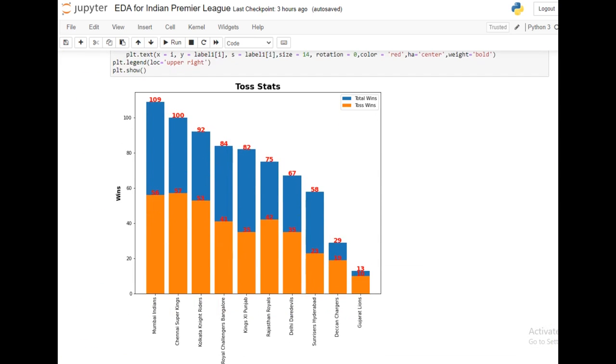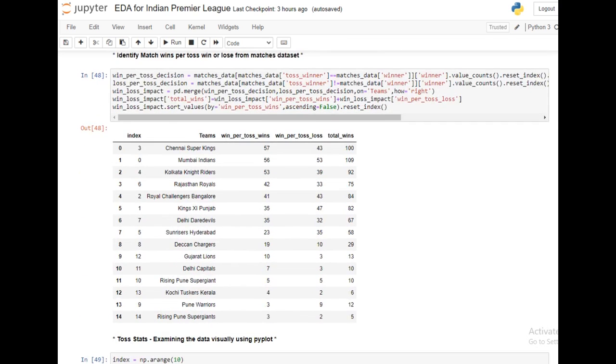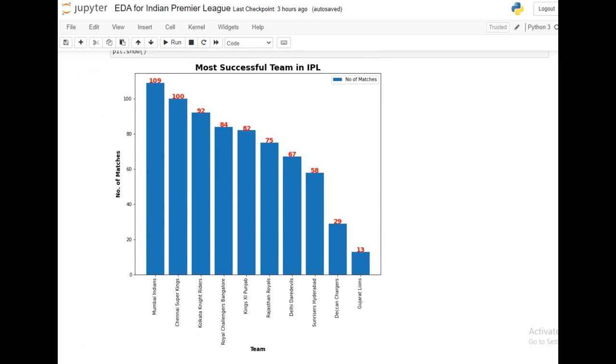So if you look at the total toss stats, Mumbai Indians, Chennai Super Kings, and Kolkata Knight Riders were the maximum toss wins, and they stand on the top of the list of the total number of players. Most successful teams: if you look at the most successful teams, Mumbai Indians, Chennai Super Kings, and Kolkata Knight Riders rank in the top three. So definitely, toss win has a significant contribution to the success of a particular team in the IPL